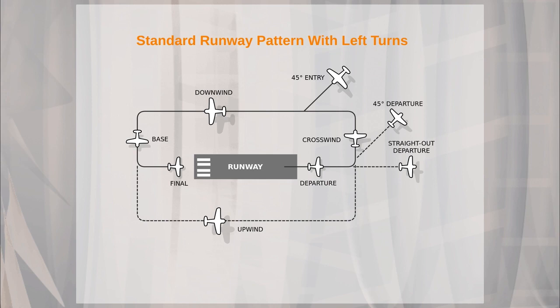All right, so let's talk about the traffic pattern. And here you can see a runway, and the runway is east and west. Let's call it dead east and west. So we've got runway 9 and 27 present, and you can see that the aircraft are facing in the direction